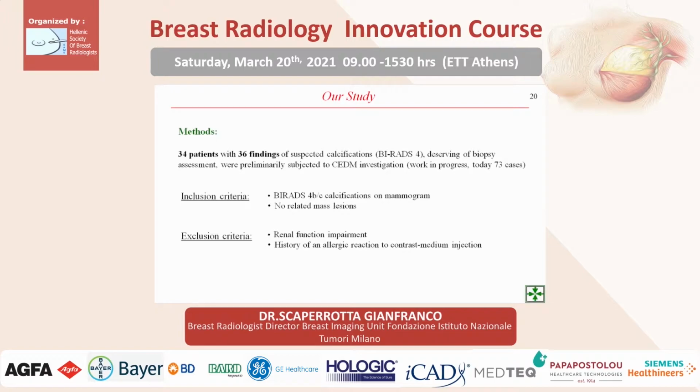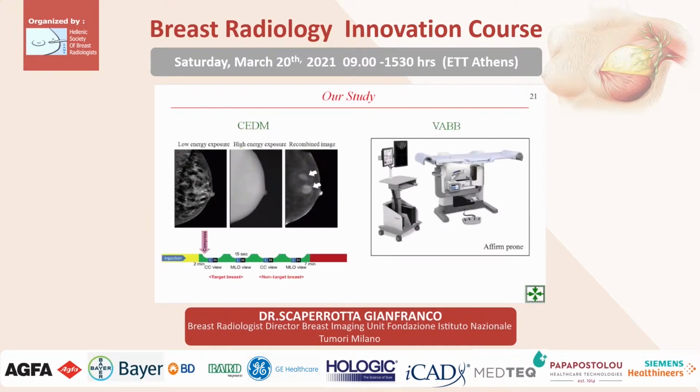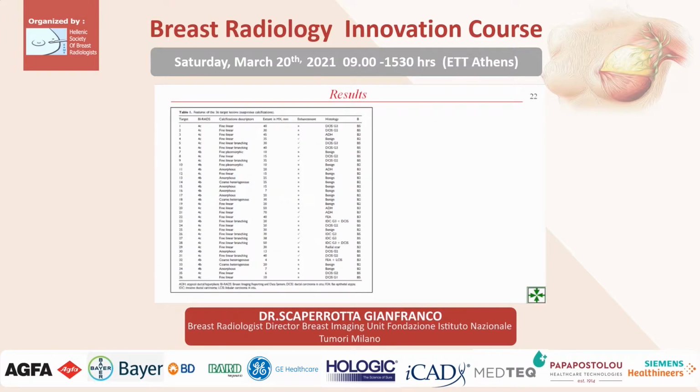Inclusion criteria is BI-RADS 4 BC calcification on mammogram, no related mass lesion, and exclusion criteria is problem for renal function, history or allergic reaction to contrast medium injection. Okay, this is CEM and VAB. We use the diagnosis by CEM and use VAB to histological diagnosis. This is our